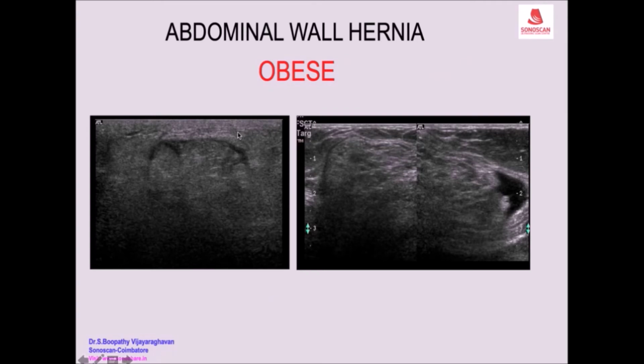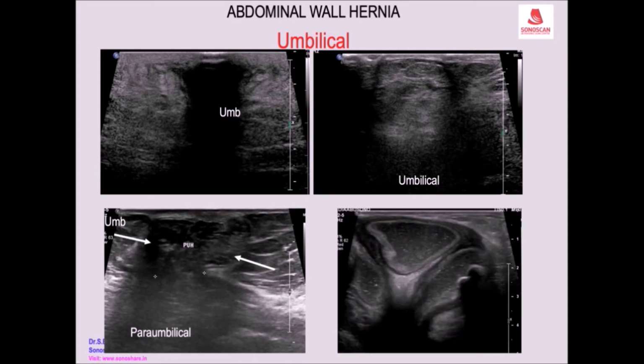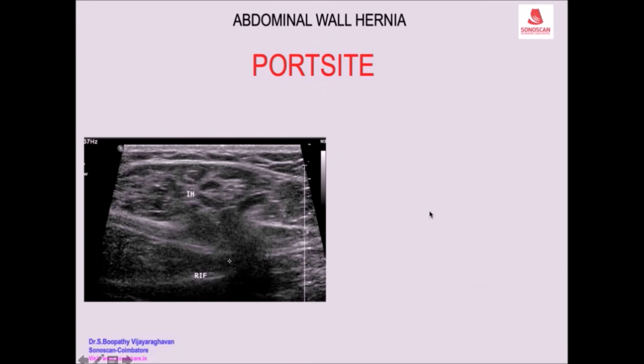You see the entire depth is occupied by the abdominal wall, and so the bulge will not be at the umbilicus here, whereas the hernia has happened by the side, so that is a para-umbilical hernia. So para-umbilical hernia, port insertion, there may be hernia through the weak spot here, so that is the defect, and you get the port site hernia containing omentum.